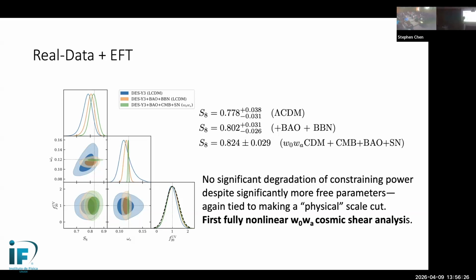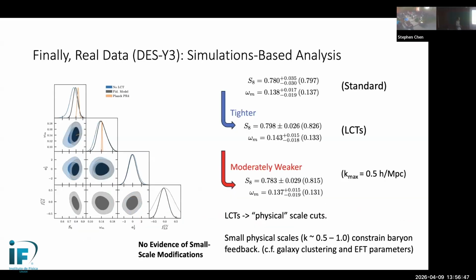So I think this is really a proof of principle that we're able to do weak lensing analyses competitively or even better than the state of the art. And one thing I want to point to is that you can see that this S8 that we get is fully consistent with the S8 from the cosmic microwave background, so this dashed line here. But the other thing I want to point out is that this error bar is actually very, very close to the error bar we get if we use a simulations-based analysis using emulators.